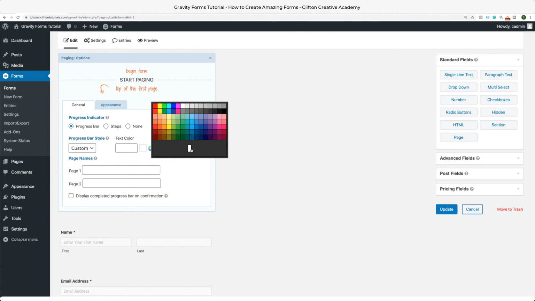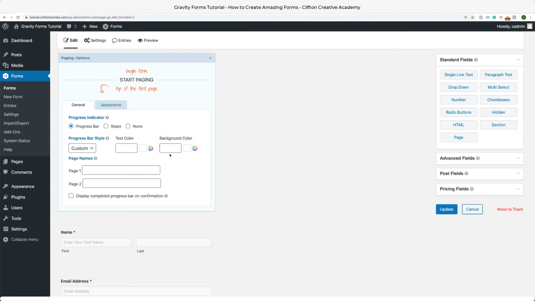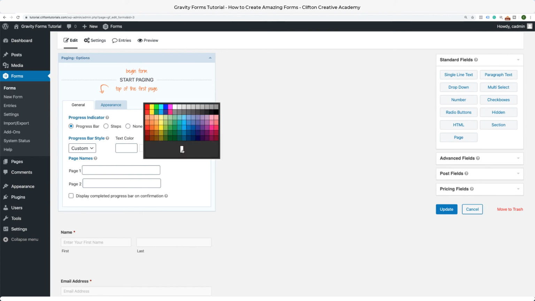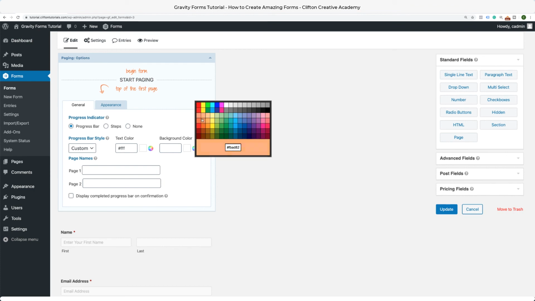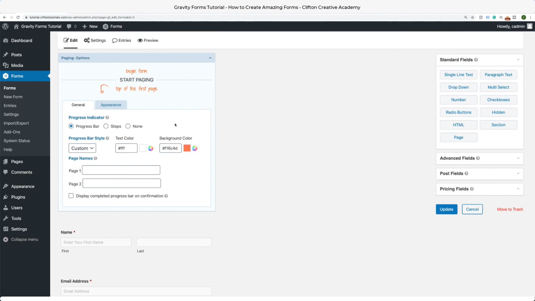So I can say, hey, I want my text color to be white, which it looks like it's already white right now. So we'll just say white, just to be sure. And let's say I want a background color of orange, like that. Okay. Then you can name the different steps, right? If you don't name the steps, it'll just say page 1 or page 2. Okay. But I can say